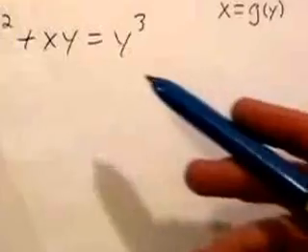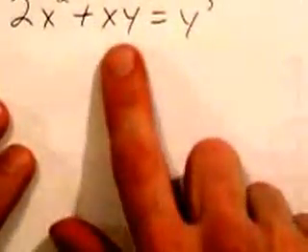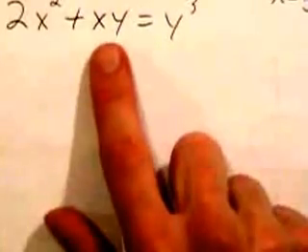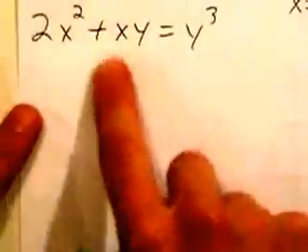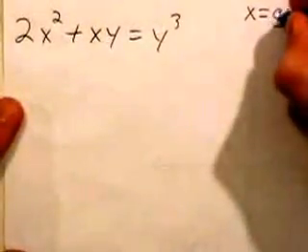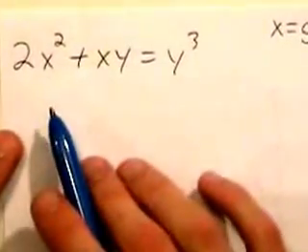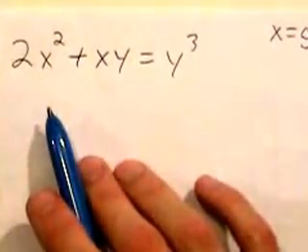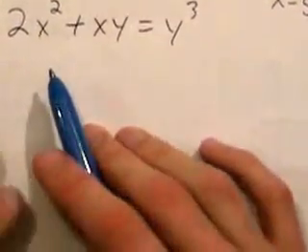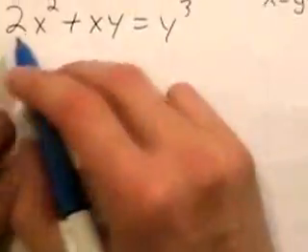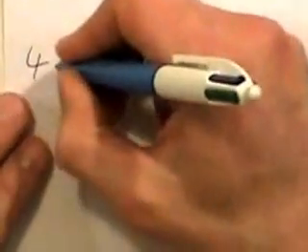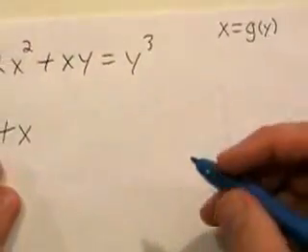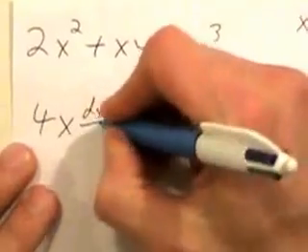I'm just making it up. We could find dy dx, or we could find dx dy. I just want you to get used to seeing, don't get used to seeing x exclusively as an independent variable and y exclusively as a dependent variable. They can be switched up. So last example, differentiate with respect to y, so x is the function. Alright, so when I differentiate this with respect to y, it's going to be 4x, because that's the outside function, times dx dy,